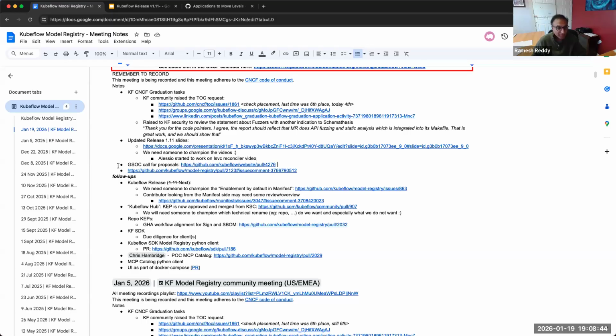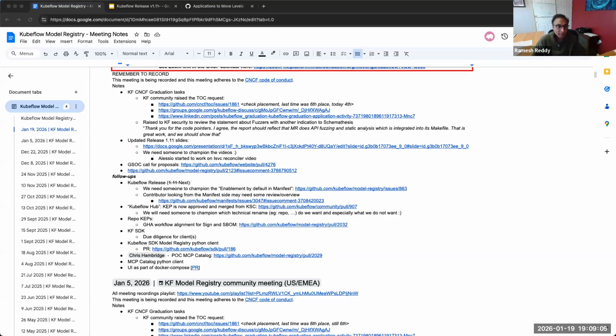GSoC, everybody knows hopefully here, is Google Summer of Code. Every year, Google sponsors students across the world, encouraging the students to contribute to open source.